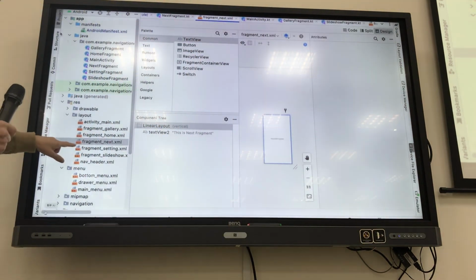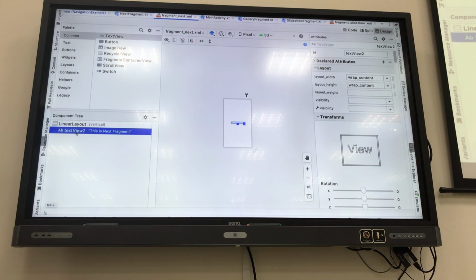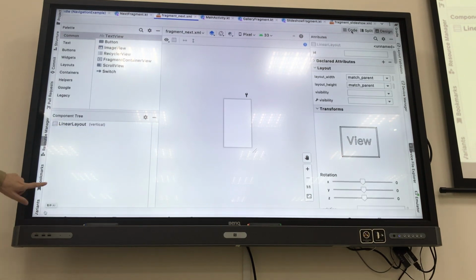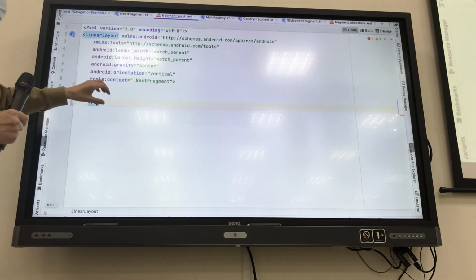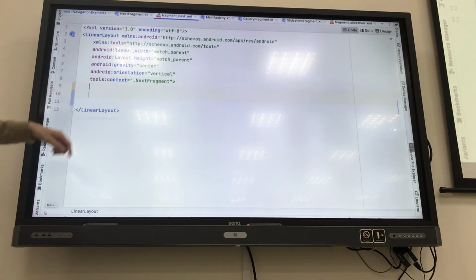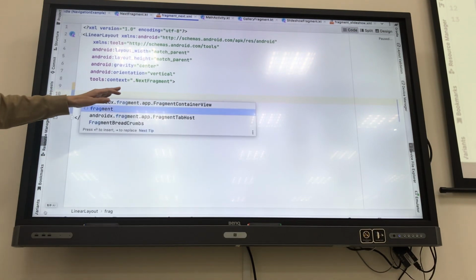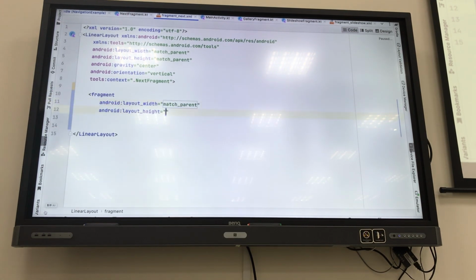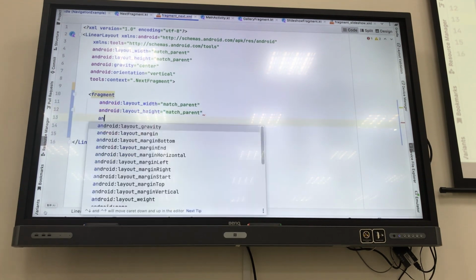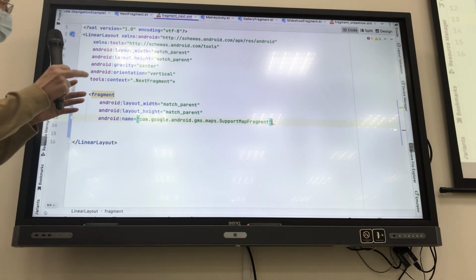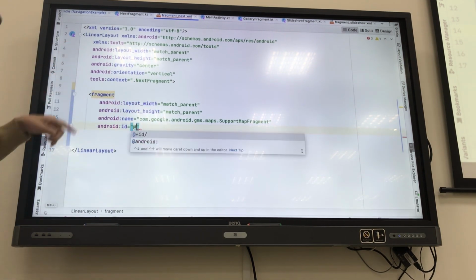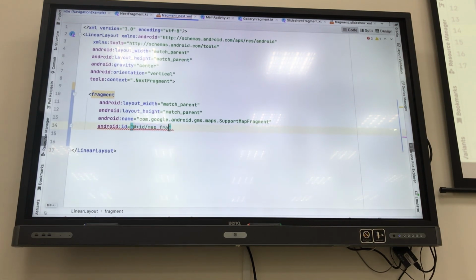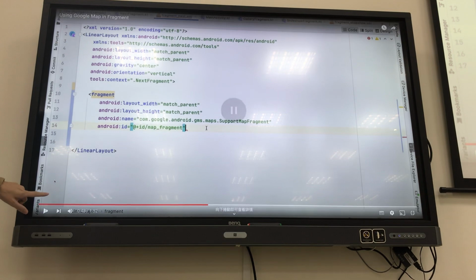Okay, as you can see here, the first thing we need to change is the layout for this fragment. 好，那就是这个 layout。我要把这个 layout 改一下。Okay, as you can see here, to display the Google Map, we need to load the Google Map fragment. 这边要加一个 fragment. Add the fragment tag and specify the fragment corresponding to the Google Map fragment. Typically, we will set the size to match the screen size. 一般就是设成 match parent，一打开来就跟荧幕一样大。